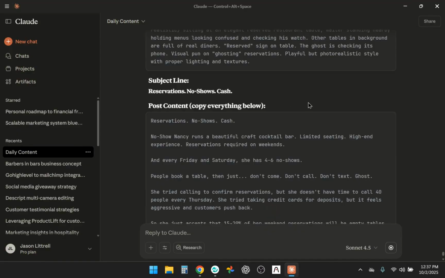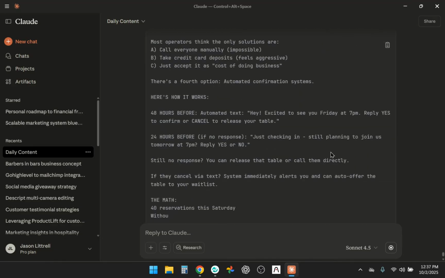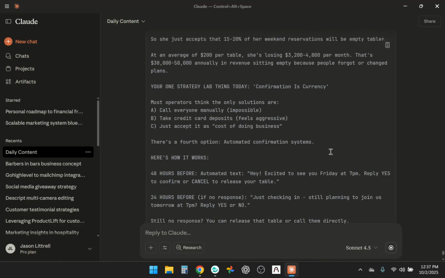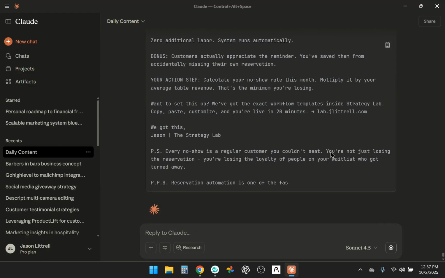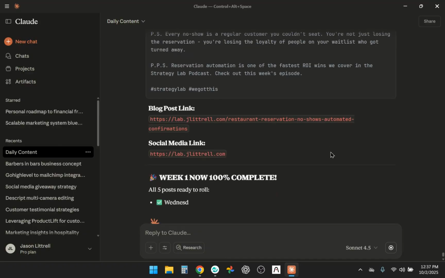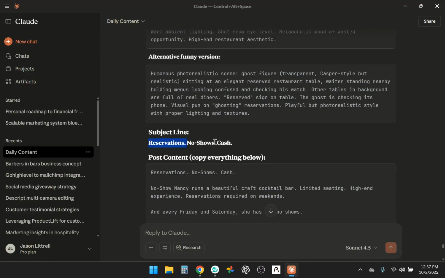Again, this is really important, but it's just work everybody needs to do, but it just kind of sucks and nobody likes to do it. But this is a whole post about stuff that I like to talk about using keywords that I want to rank for. And then again, it takes about 5 minutes to do this, including creating an image. So it gives us all the stuff that we need to do. So we're going to go ahead and copy the subject line,